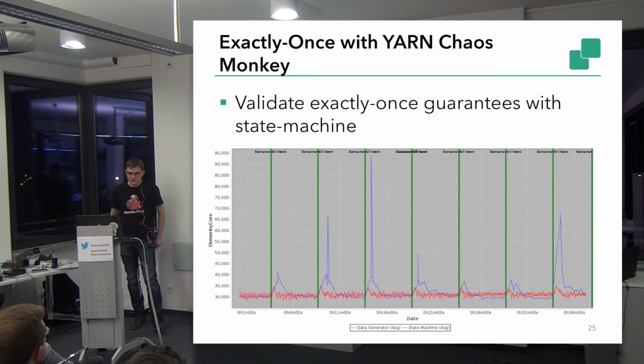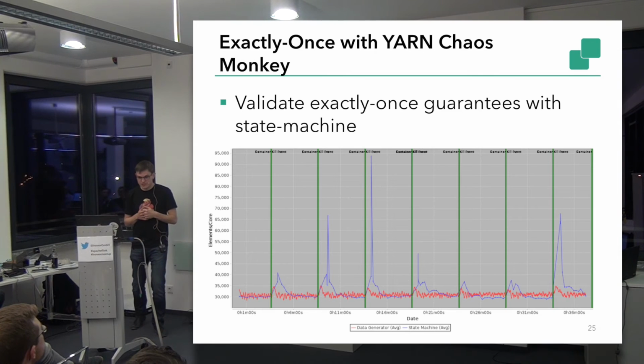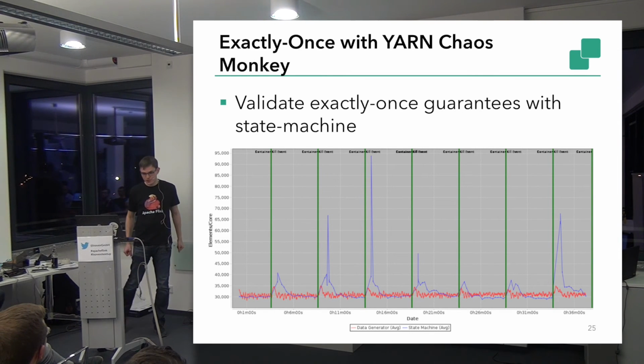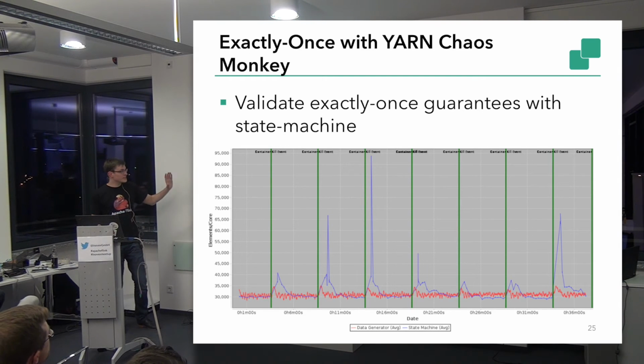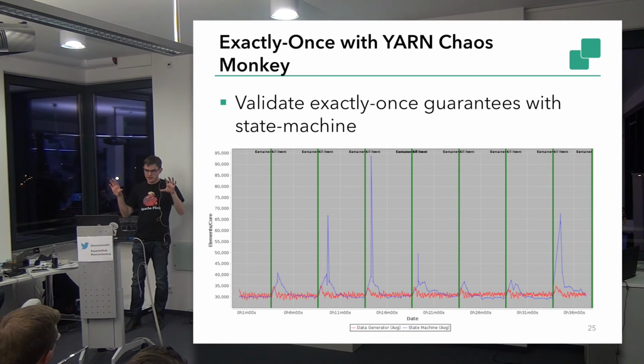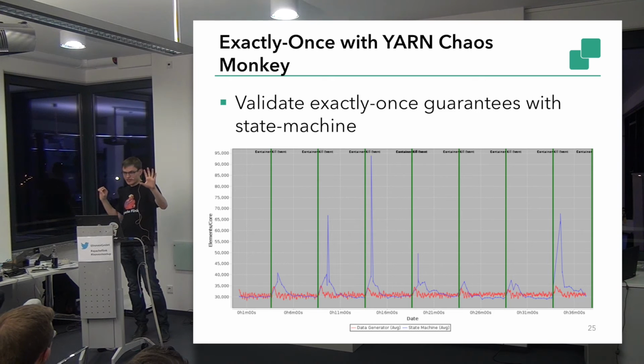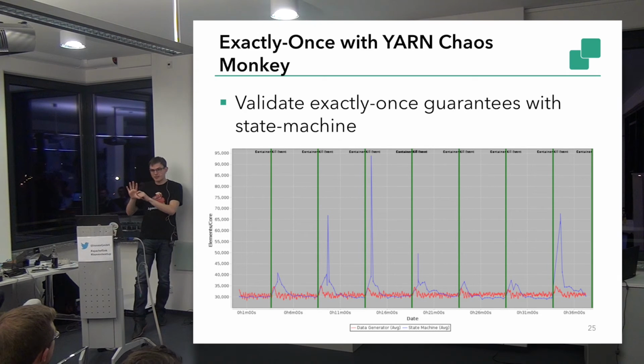The last thing that we also verified with experiments is the correctness, so our exactly once guarantees and also this whole buffer pushing mechanism. What we did here is we implemented 2 Flink jobs. One job was generating data into Kafka, and a second Flink job was reading the data from Kafka again, validating that everything is correct. We used a state machine on the generator to produce valid state transitions, and a state machine in the consuming job to verify that we are only doing valid state transitions. And this can only work if you process the elements in the same order as they were inserted, and if you always back up the state of the state machine.